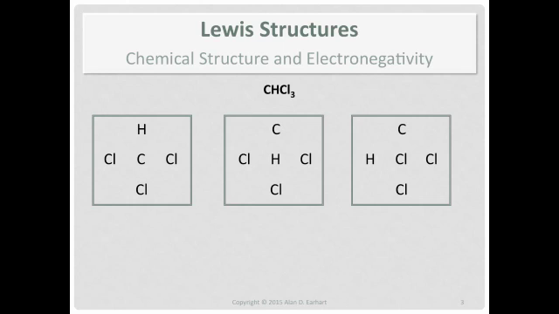Well, it's the center one. Hydrogen can only make one bond. We set that up earlier. So now we have these two choices: carbon is the central atom or chlorine is the central atom. Well, in order to get an idea of what atoms are involved in the compound and then how they're connected, we have two big tools.